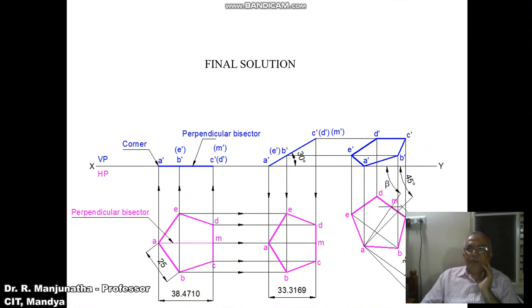To know whether we have considered all the conditions of the problem, we can see in the final position that the corner is resting on HP. The perpendicular bisector is inclined to VP at 45 degrees. Since the true inclination is given, I need to find out the apparent length, so you have found this beta. As we know, the perpendicular bisector is inclined at 30 degrees to HP, so you are getting the apparent length here. And since it is a pentagon of 25 mm side, we can see the 25 mm side, such that one of the corners is on HP, and this is the side on which you are going to get it. So this is how, since we have considered all the parameters given in the problem, this is going to be the final solution.